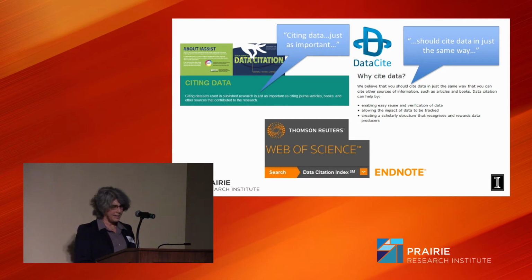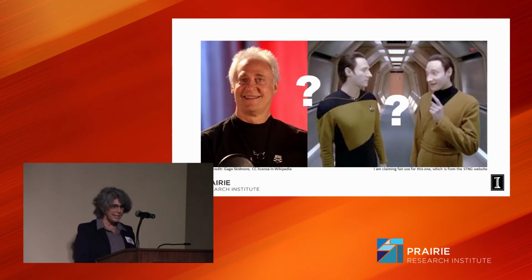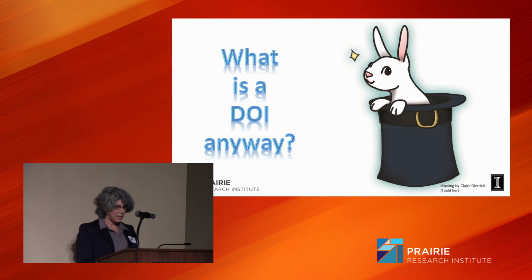There are guides to citing data, and organizations have formed around it. Identity matters a lot for data, even if you don't have an evil twin, because attributes we rely on for citation may be absent or ambiguous. So DOIs are in widespread use for other citable objects, and they work for data too. DOI stands for Digital Object Identifier, and they're not magic.